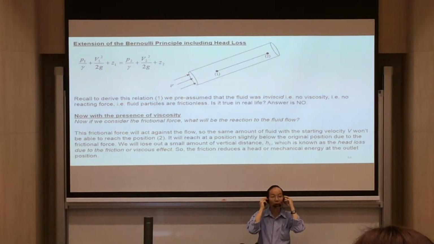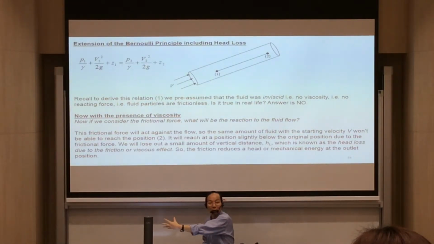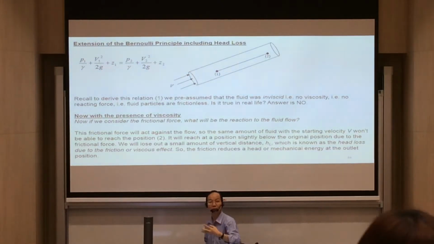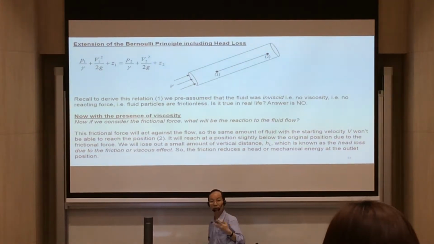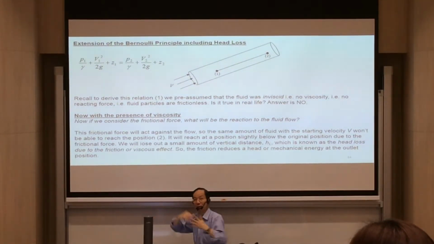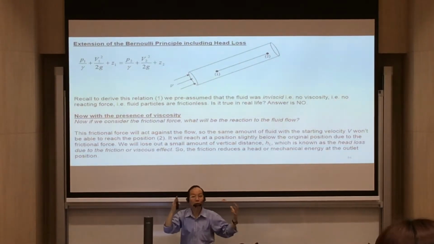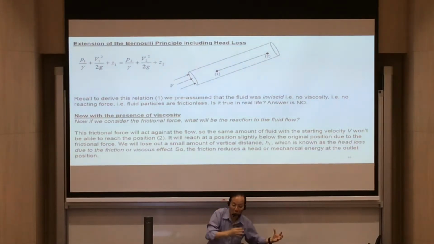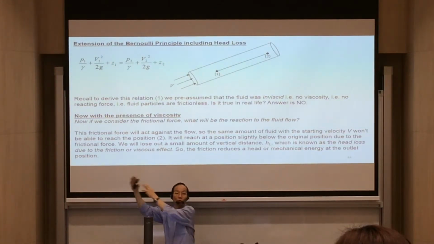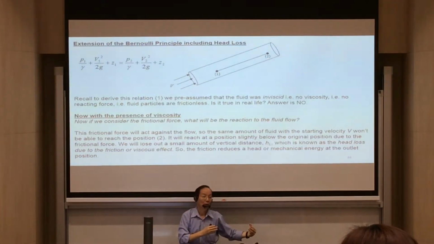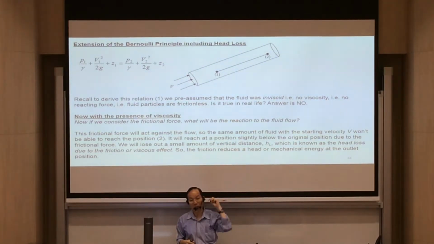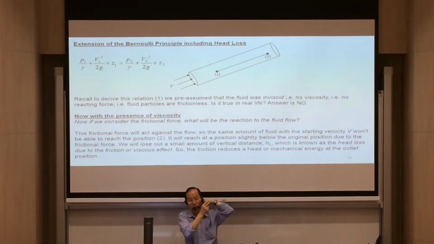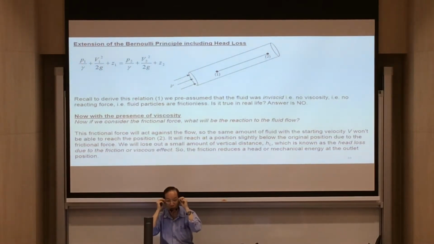So what does friction do to the energy in the fluid that's flowing? There's energy due to the pressure term, the pressure head, the dynamic head or velocity head, and then Z, since it's slanted. So that's the total energy available. But when the flow goes from point 1 to point 2, and there's friction, now we take into consideration the friction, the viscous force. So what happened to the energy? What happened to this total energy when it goes from point 1 to point 2? Is the energy the same at point 2?